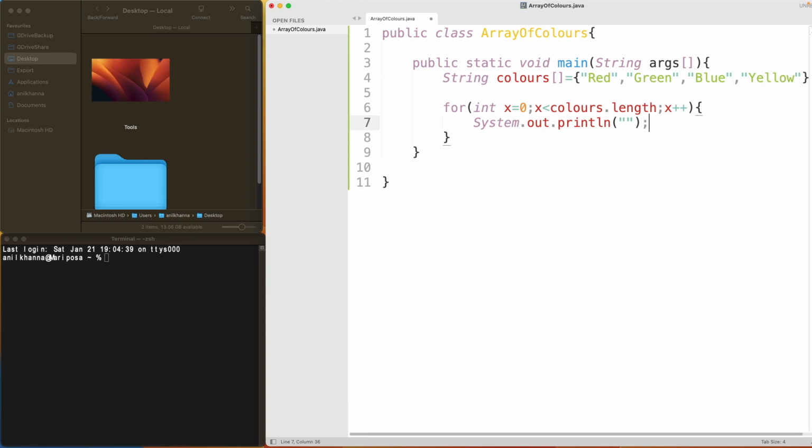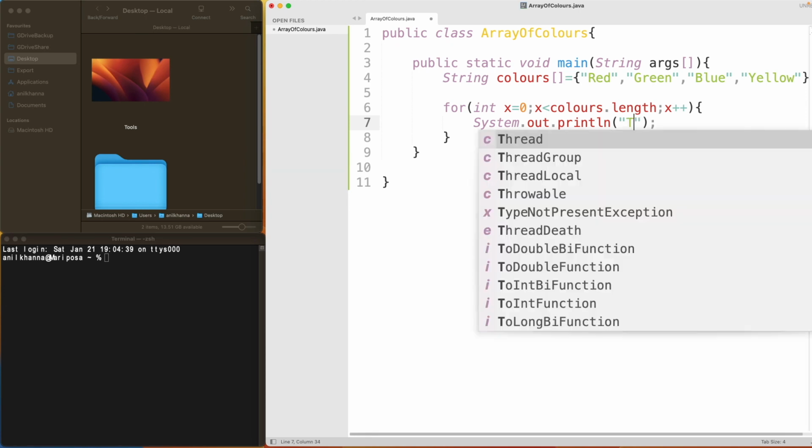system.out.println, because we want to output the statement. We would like to say the array colors at index. So that's a string value. In here we type, we want to print out a statement which will basically read the array colors at index so and so, stores the color value red, green, whatever it may be. Okay, the first part, the array colors at index